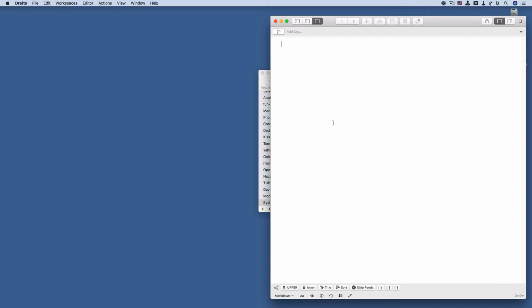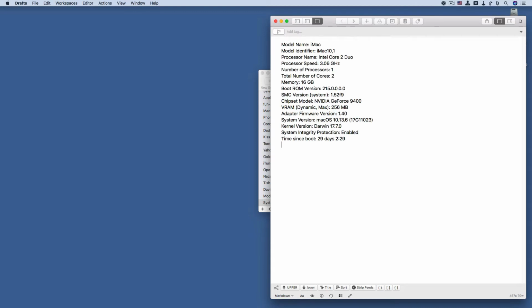So, let's do system info. And there it is. So again, I get the model name, iMac, model identifier 10.1, processor name, Core 2 Duo, number of processors, total number of cores, the memory, which is 16 gigs, boot ROM version, SMC version, chipset model, VRAM, adapter firmware, system version, macOS 10.13.6, which is the latest version that this Mac can go to